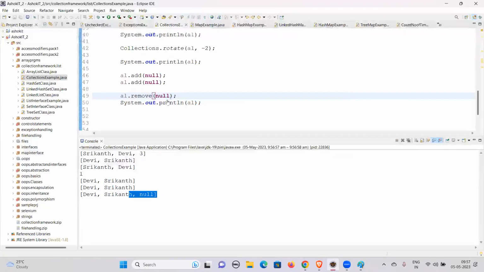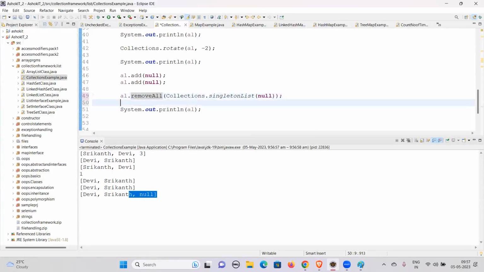But if you want to remove all the elements at a time, why do we use Collections.removeAll? I'll tell you. Suppose you are handling drop downs, and in the drop down we have a lot of values, hundreds of values. Some values may be null, meaning empty values. In that case, what we do is just put this one as